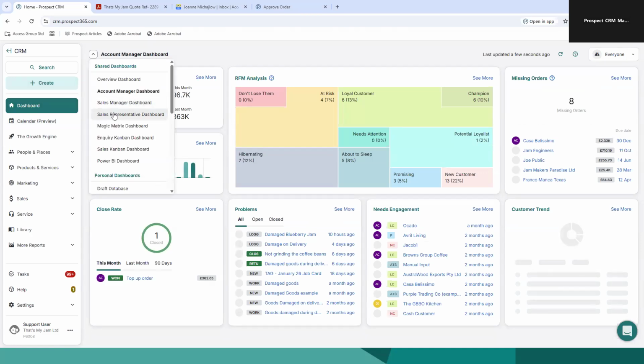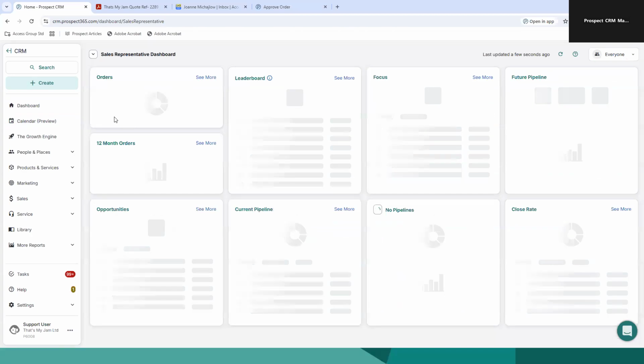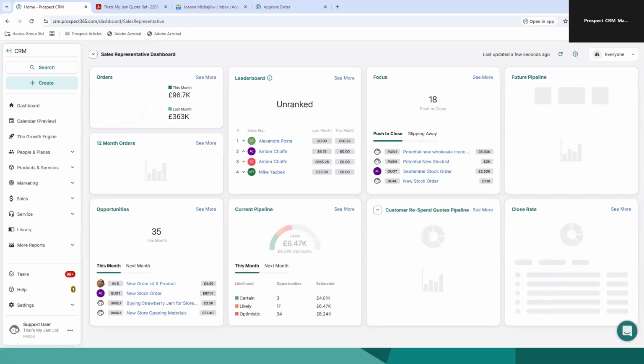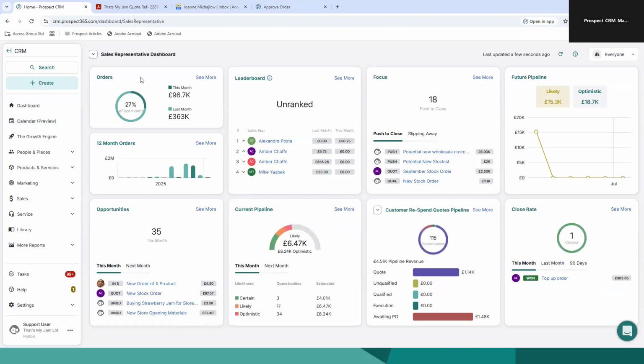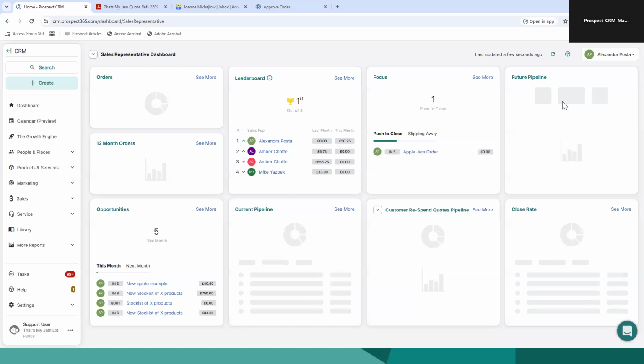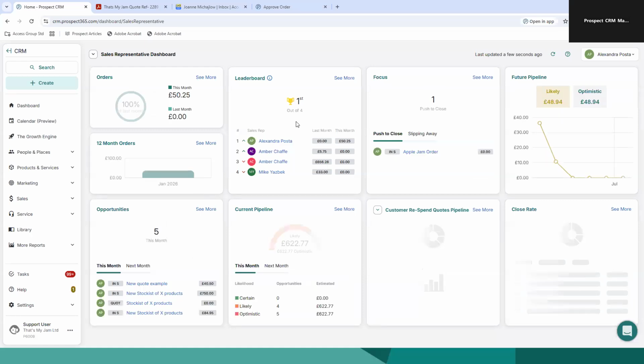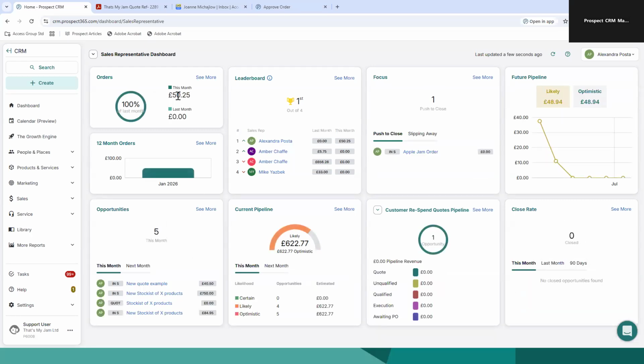So now, as we did show you, the CRM is not just built for your management team. It gives you visibility for your sales reps as well. And your sales rep working on any of those reports will get this opportunity to see what orders they've got. Right now, it's on everyone. You can drill down. You can go into Alexandra Posta, who is the first out of the top 4. You can see this month